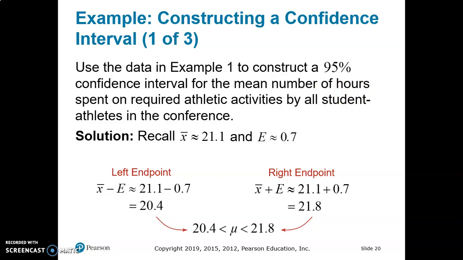If it didn't, hopefully n was greater than or equal to 30. Regardless, the standard error is approximately 0.7. That's sigma over the square root of n. So you calculate the left endpoint of your confidence interval, which is right here, x bar minus e. And then you calculate the right endpoint, kind of this upper bound, and that's x bar